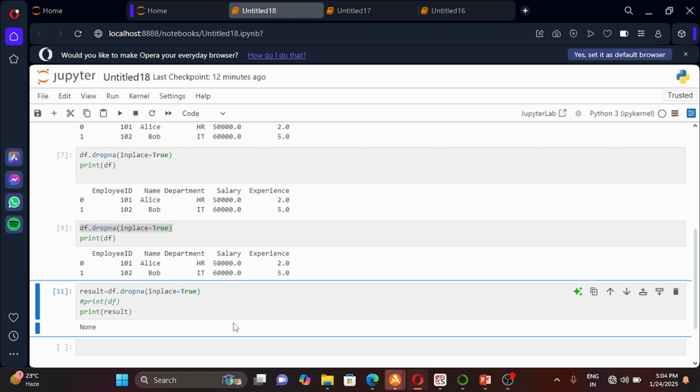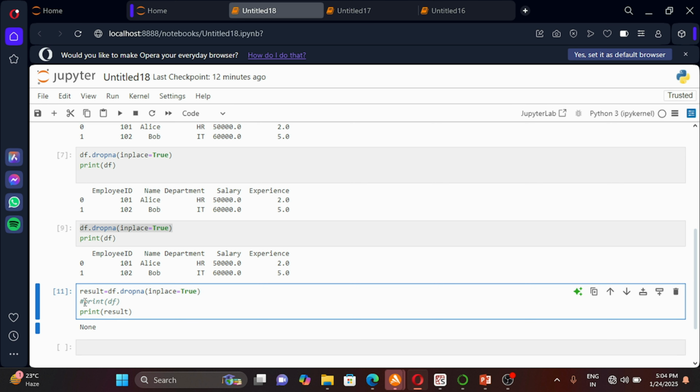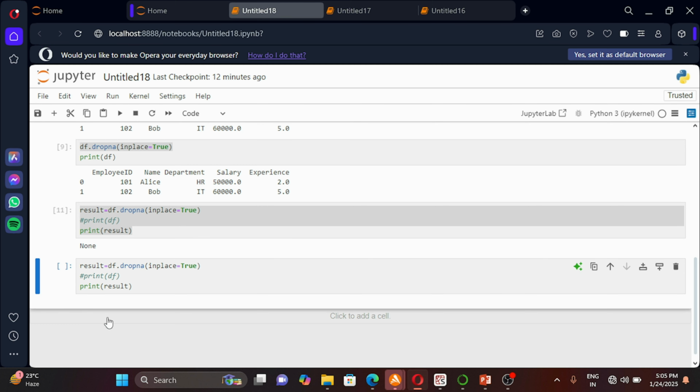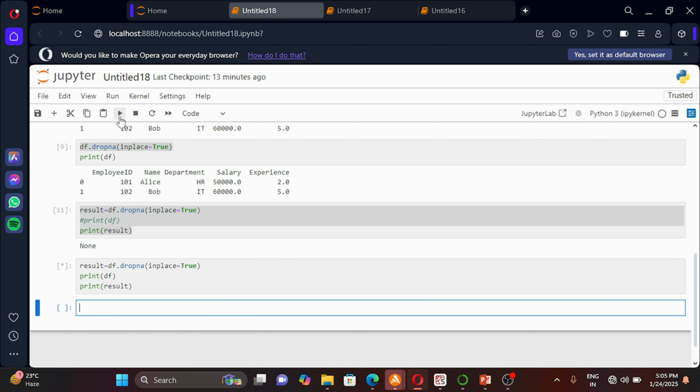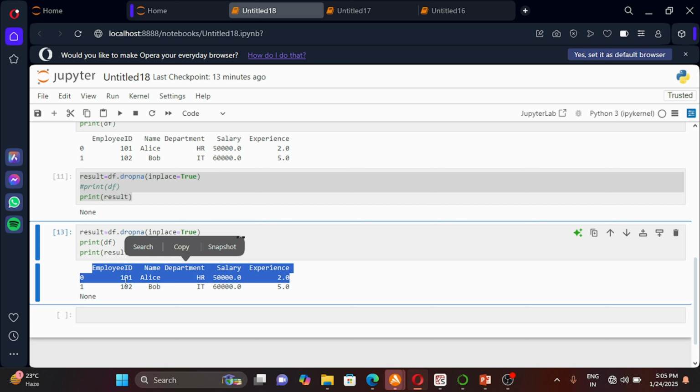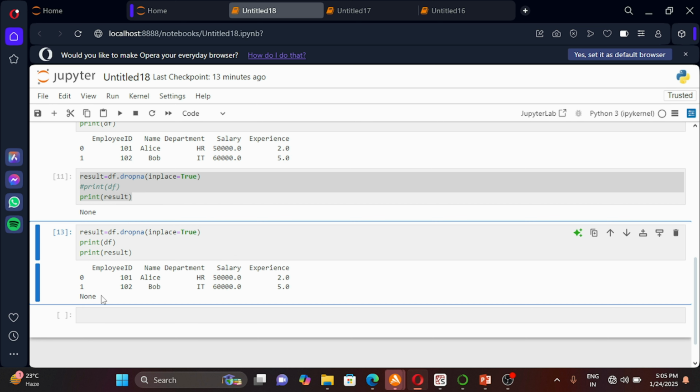That's why it is returning none here. If I try to show you df here, let me just take this statement, Ctrl+C, and let me print this, Ctrl+V. So if I show you here, you see it has already modified my original data, right? And it is returning none.